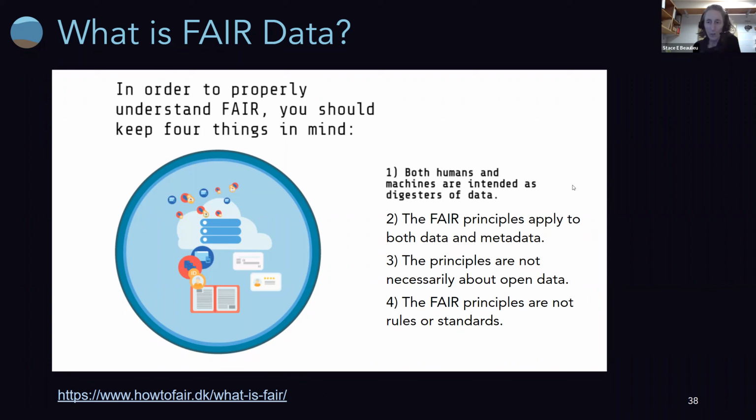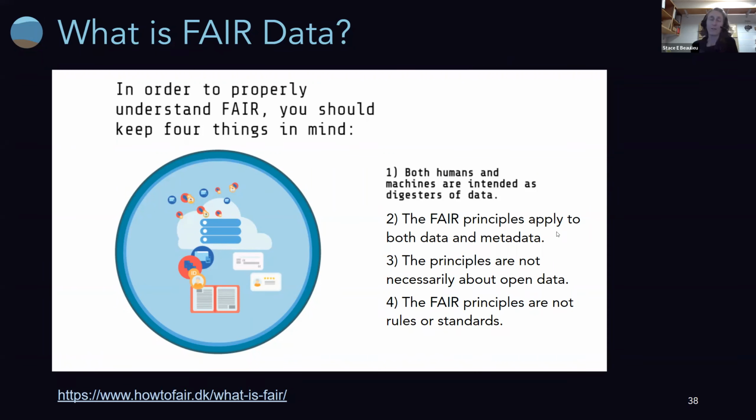One, that both humans and machines are intended for the data. So you'll notice in the anchoring article, there's a focus on machine accessibility or machine use of the data. So here in our live sessions, obviously, we'll focus on the human interaction.